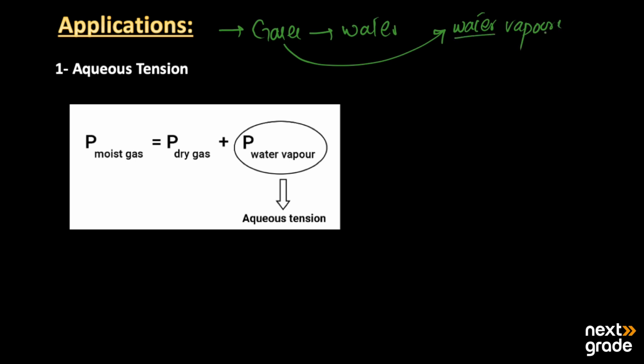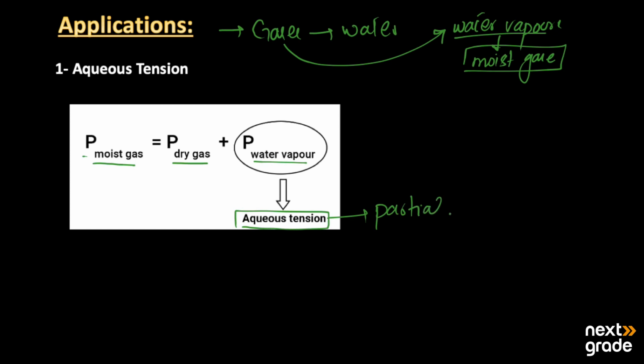So these gases become moist gases. If we calculate the total pressure of the moist gas, it must be the sum of the partial pressure of the dry gas and the partial pressure of the water vapors. And this partial pressure exerted by the water vapors is known as the aqueous tension,